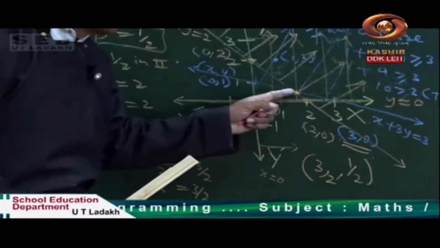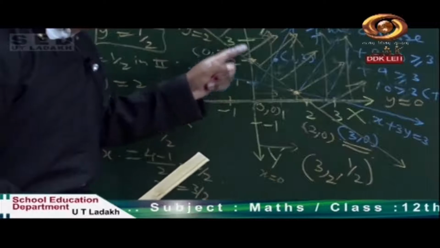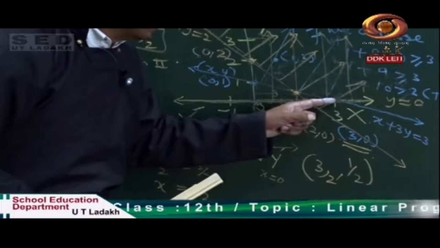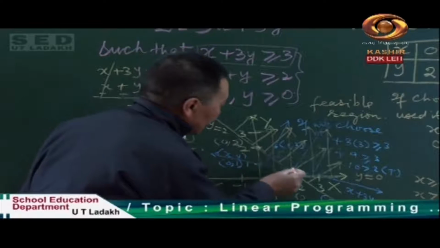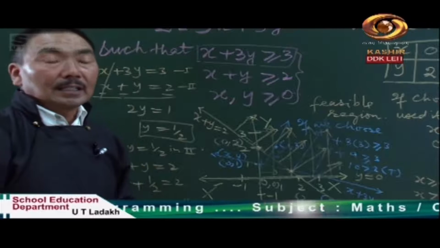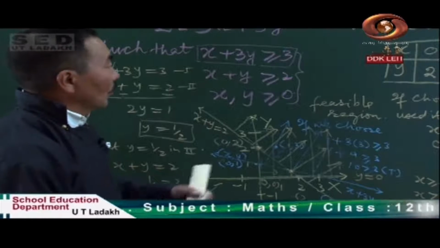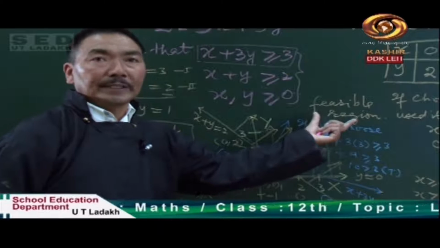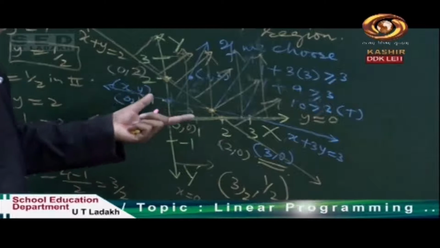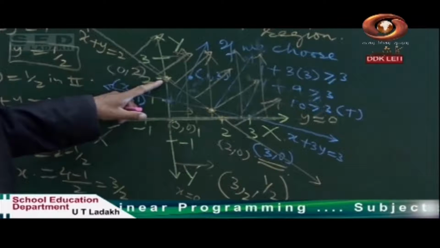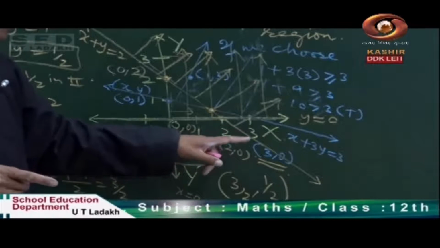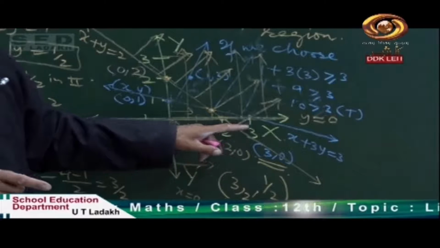These 3 points are the vertices. This is a line, it's bending over here, you see. This is a vertex and this is also a vertex because it is bending towards this, and it goes straight on. So these three points are known as the corner points of the feasible region. For these corner points we have to calculate the minimum value of this function. The corner points are 0, 2 and 3 upon 2, 1 upon 2, and 3, 0.